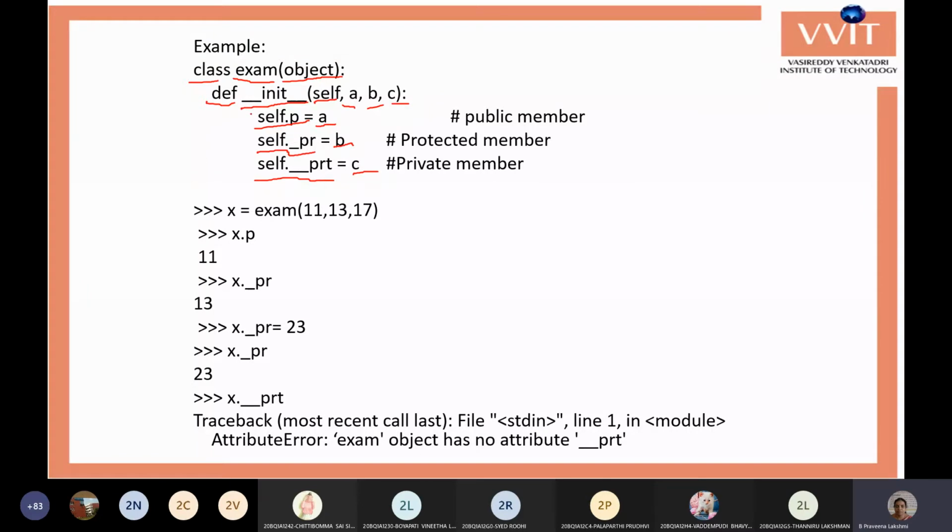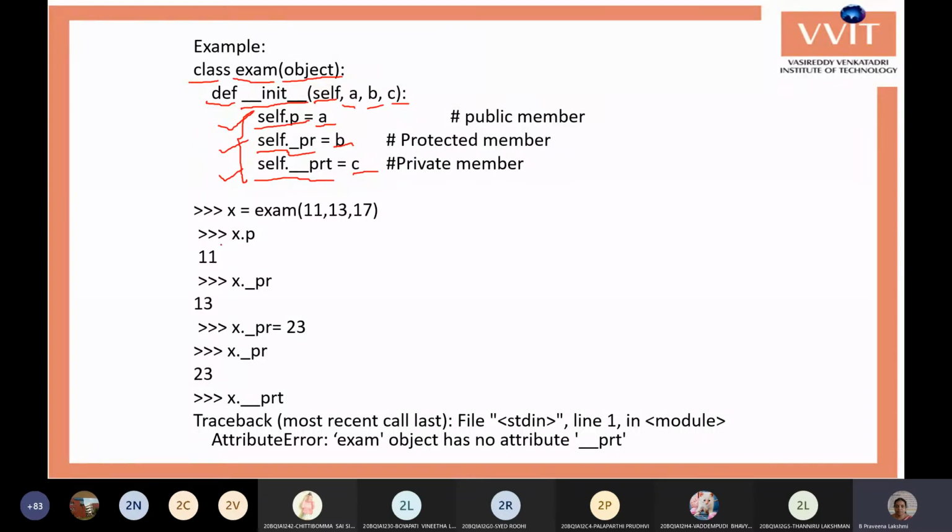So in these three statements, it creates a variable and also assigns the related accessibility. It creates a P variable as a public variable, a PR variable as a protected variable, and a PRT variable as a private variable.